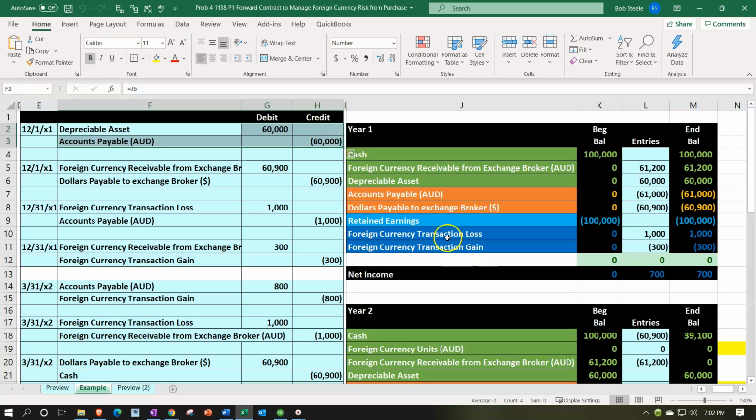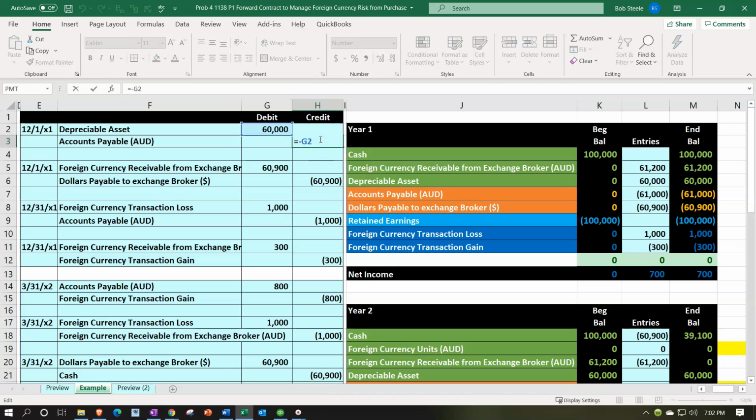And note we put the equipment on the books and we're going to pay in a foreign currency. So we got this foreign currency that we are going to be paying in Australian dollars. That's going to result in us being exposed to a risk now, because if we're going to be paying in Australian dollars, therefore if the Australian dollars get stronger in relation to the dollar, then that's going to be bad for us, because now we're going to be in essence paying more for it than we had originally agreed upon. So what we're going to do is we're going to set up then